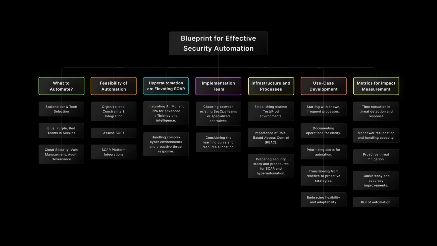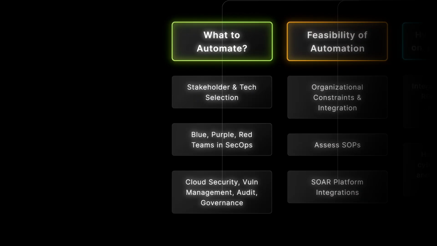Okay, so let's start with the source. How do we even decide what we're going to automate? So I think this first step is quite important. And why I say that? Because it involves a deep dive into understanding the needs of the stakeholders and pointing the processes for automation. So it's not just automating for the sake of automating, but it's strategically selecting the areas that will benefit most